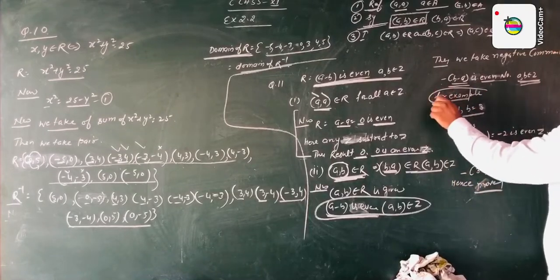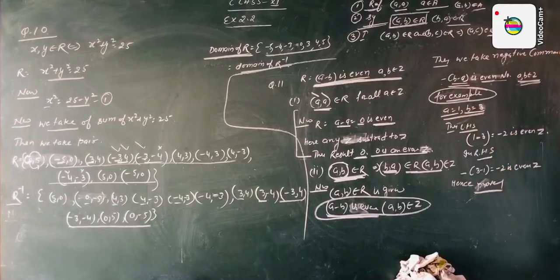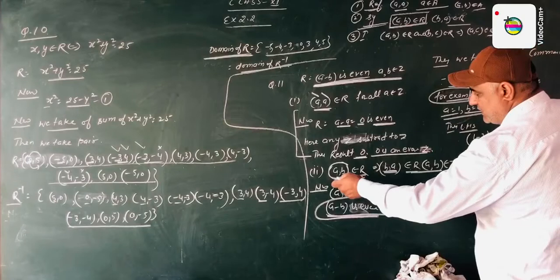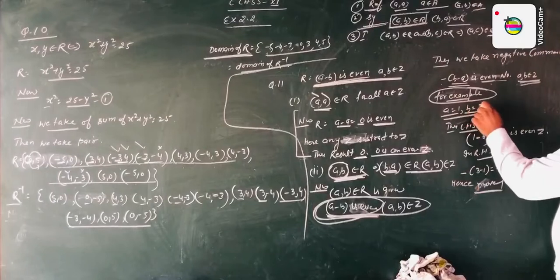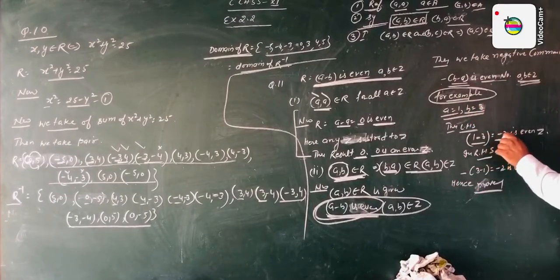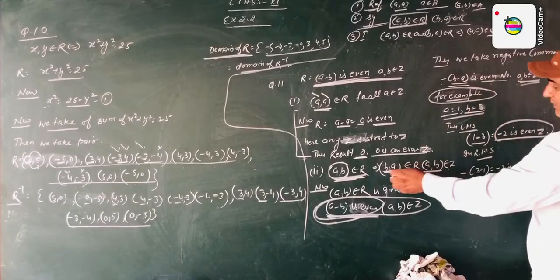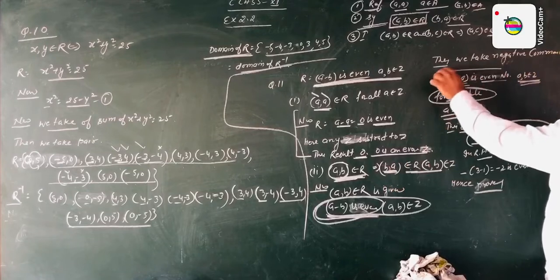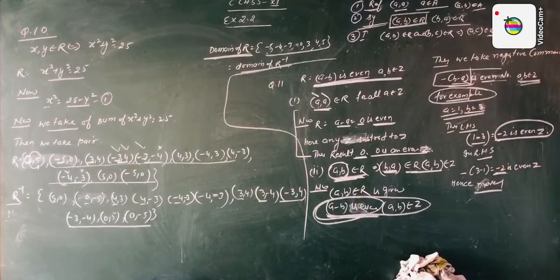Now for example, we take A is equal to 1, B is equal to 3 in these relations. So then we take the left hand side, and the left hand side is A minus B is even. So now 1 minus 3 we get minus 2. Minus 2 is an even integer. And in the right hand side it is said B, A, it means B minus A. So then we take these relations, the value of B is 3, A is 1, and take the negative common. We get minus 2. Now look here, this is also minus 2 and this is also minus 2. Then the left hand side is equal to the right hand side.